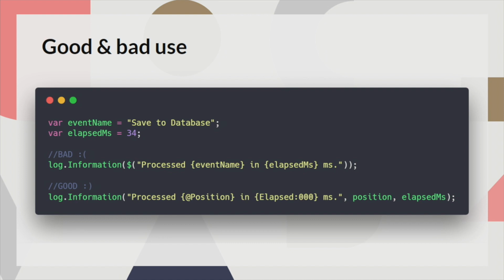message. You won't get this as a property, so you won't be able to then search for event name. You then won't be able to search for elapsed milliseconds. So there's a very slight difference that you'll maybe have to get used to over time, but the second better